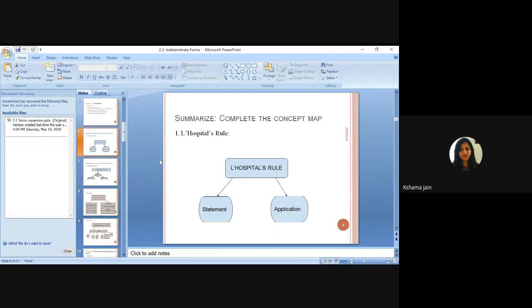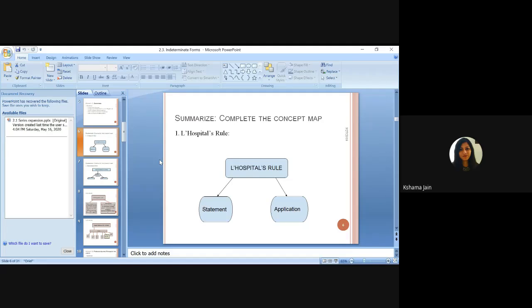Just we differentiate the given function. Suppose the function is in the form of f(x) by g(x). So what will you do? Applying L'Hospital's rule, in the next step, limit x tends to a, f dash x, differentiated with respect to x, divided by g dash x, differentiated with respect to x. One more thing, these f(x) and g(x) are differentiated individually. The numerator f(x) is differentiated with respect to x, and the denominator g(x) is differentiated separately.